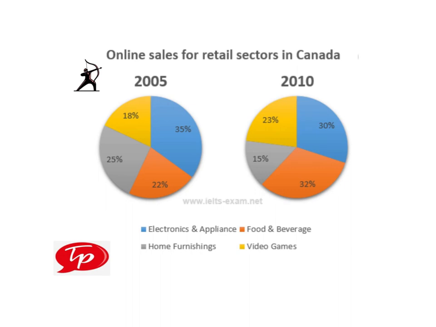It doesn't say these are the same people or the amount of people are the same, so it's a bit trickier, but you can definitely make a comparison between certain areas and whether or not people are buying more things. So video games, for instance, is increasing as the years go on, whereas home furnishings are less important. If we compare it to maybe 2020 now, would you reckon it will stay the same or not? Have a little think about that,